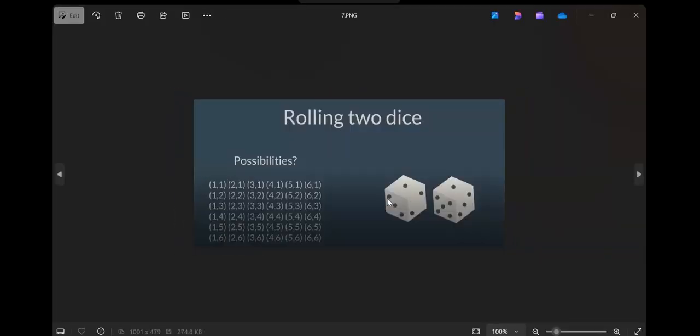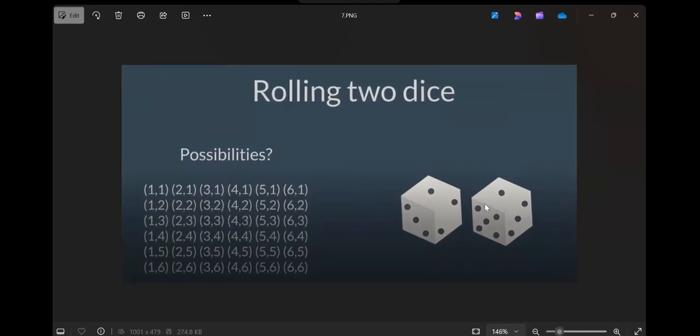Okay, now listen to me. Two dice, right? Do you see these possibilities? Look at this pair. I have two dice. I'll keep this die constant and rotate the other, all right? 1 and 1. Now I change this to 2, this becomes 1 and 2. I keep this die constant, then change the other: 3 1, 4 1, 5 1, 6 1. Done. Can I switch to 2 now? Switch to 2. Then 1 2, 2 2, 3 2, 4 2, 5 2.